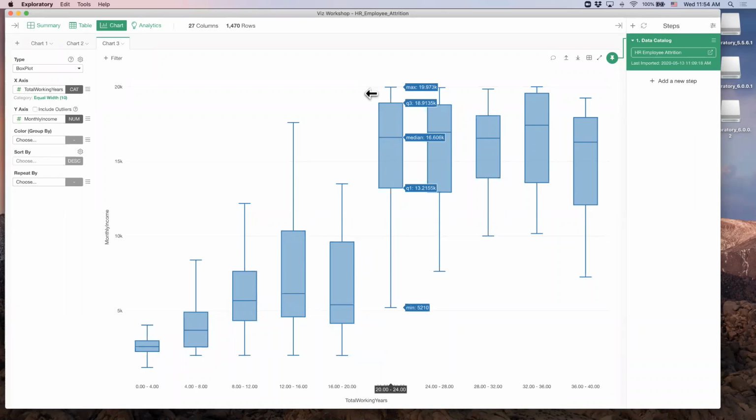So there's a huge gap between after 20 years and less than 20 years. Another thing I noticed here is that after 20 years, there's not much of a correlation. It's almost flat, almost the same. It doesn't matter if you're more than 30 years or more than 20 years, it's simply the same. So what we saw with the correlation in the scatter plot, 0.7 or 0.6, whatever the number would be,